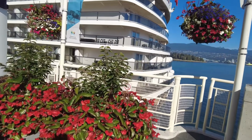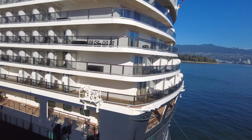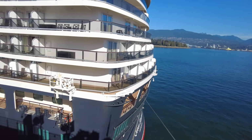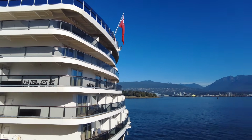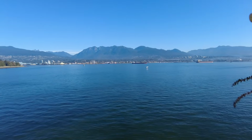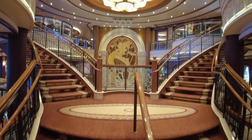Just take a walk around and enjoy the beautiful scenery. The cruise ship terminal overlooks the harbor here and the north shore of Vancouver. You could hop on one of the water shuttles, the Sea Bus, and take it over to North Vancouver and explore a little bit more of our beautiful city here. But check out these views, aren't they incredible? As we step